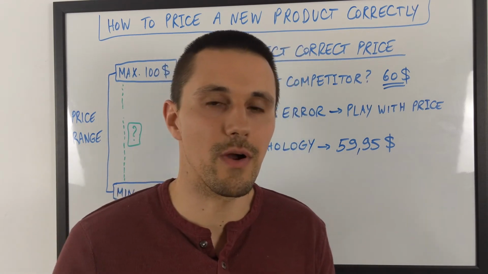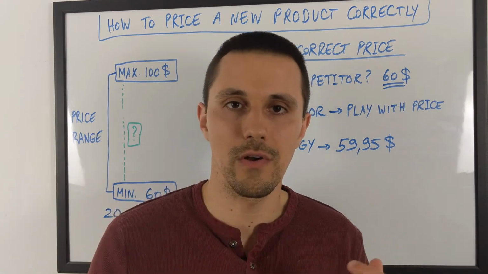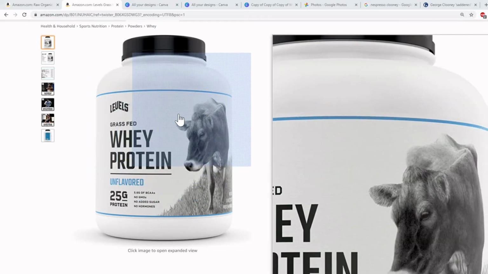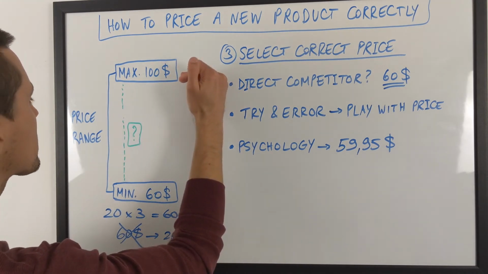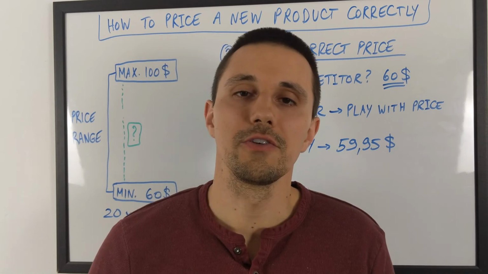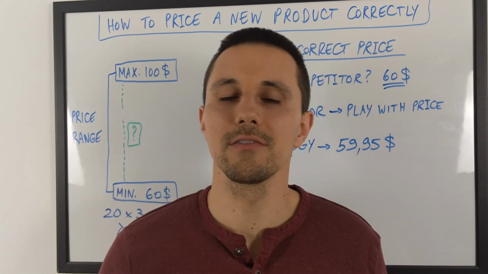And the reason why I'm telling you that is when you look up the exact protein powder I was showing you on Amazon, for example, they are selling it exactly at $59.95, which means they are matching exactly the direct competitor, of course. I don't know for sure how much they are producing it for, but this is kind of the logic here. You see the minimum price, you see the max price, you see the price range and how you can play with it. So now that you know how to fix a price correctly to not overprice or underprice your product,